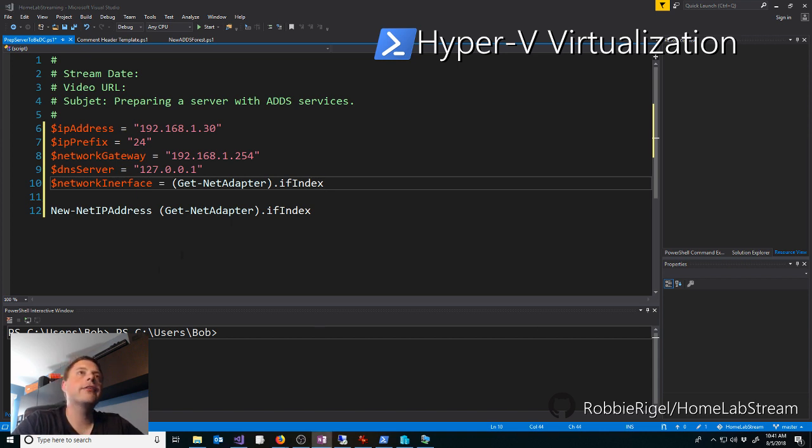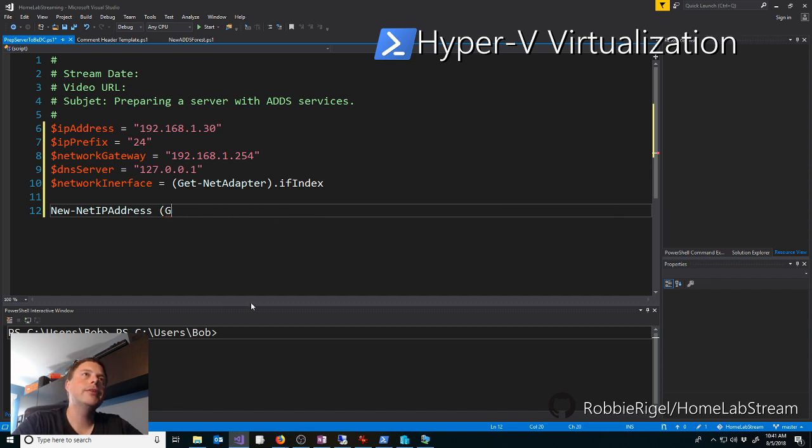All right, here. So then we're going to do New-NetIPAddress here, which is again going to use the NetIPAddress .NET object here, and we don't need an equal sign in that. And so our IP address that we're going to assign to it is going to be